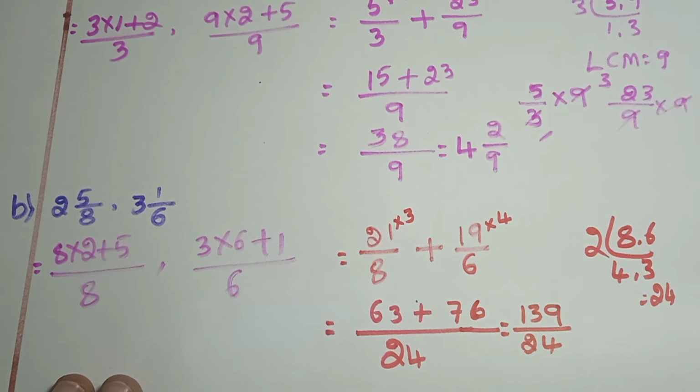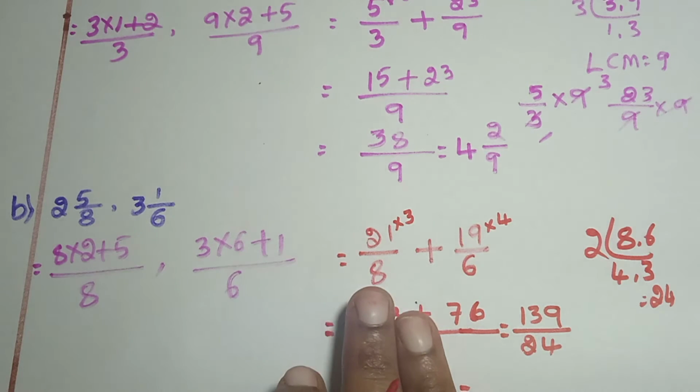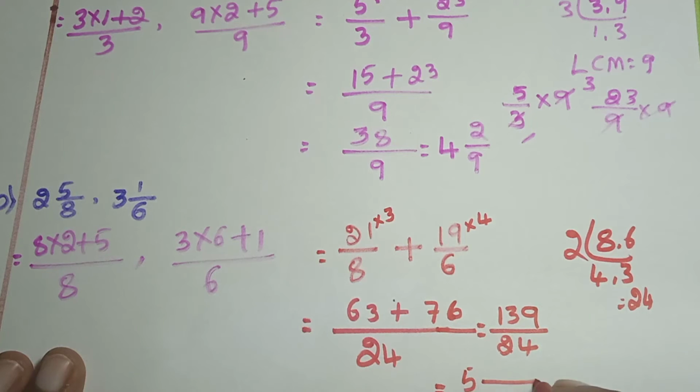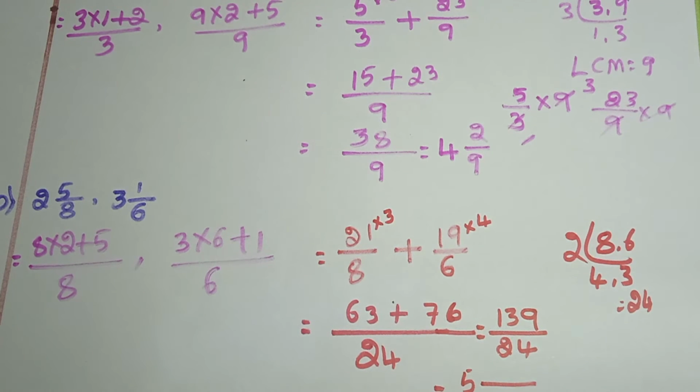Then you should convert this number to the mixed number. Okay, now you should convert into mixed number. 24 how much the 130? It means 24 ones are, you should divide with 24 only. That is 24 fives are how much, children? Work on it. Work in your home. Okay, 24 fives are 120 and the remainder is 19.